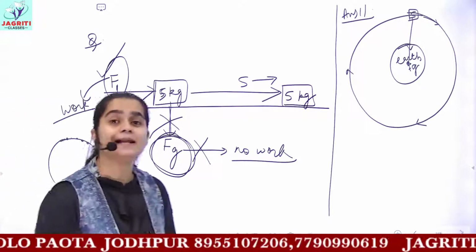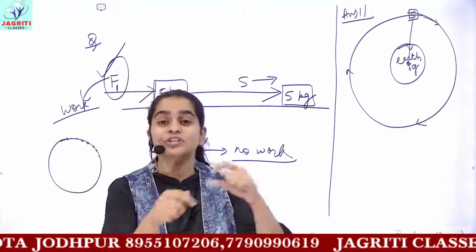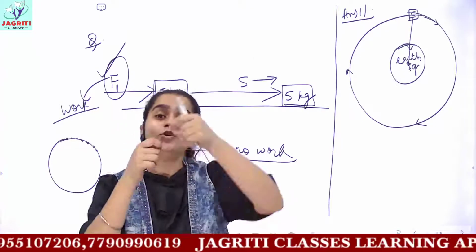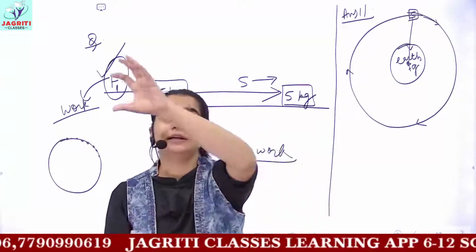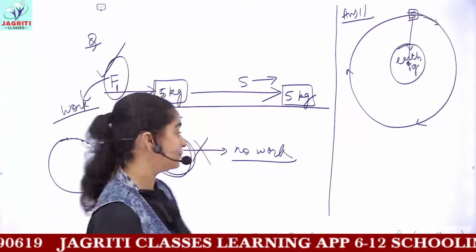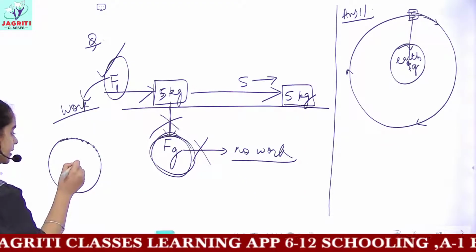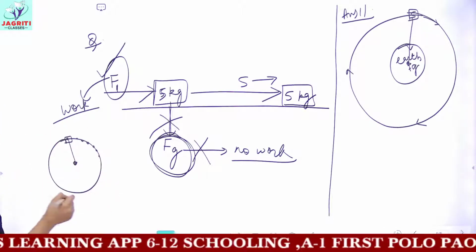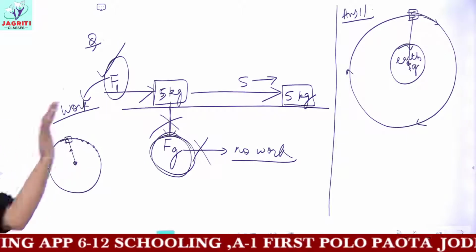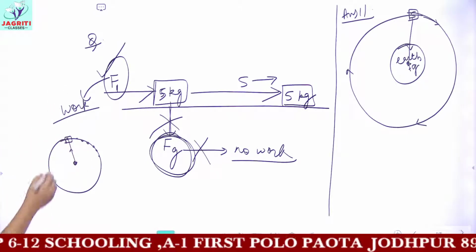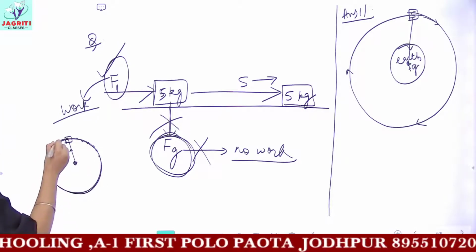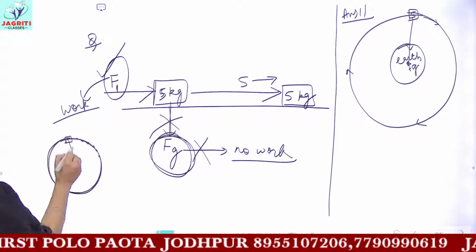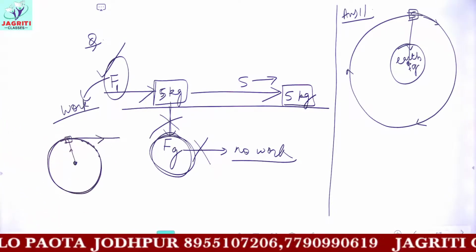We did an activity and experiment that if you take a stone which is tied to a rope and revolve the stone, and at a certain instance you drop the stone, that stone would get into a tangential direction. That is, if I have a person here who is revolving a stone, and if he leaves the thread at this position, then where will this stone go? Will the stone continue to revolve in this direction? No. The stone will not continue to revolve in the circular direction, but it will follow a tangential path. Tangent is what?